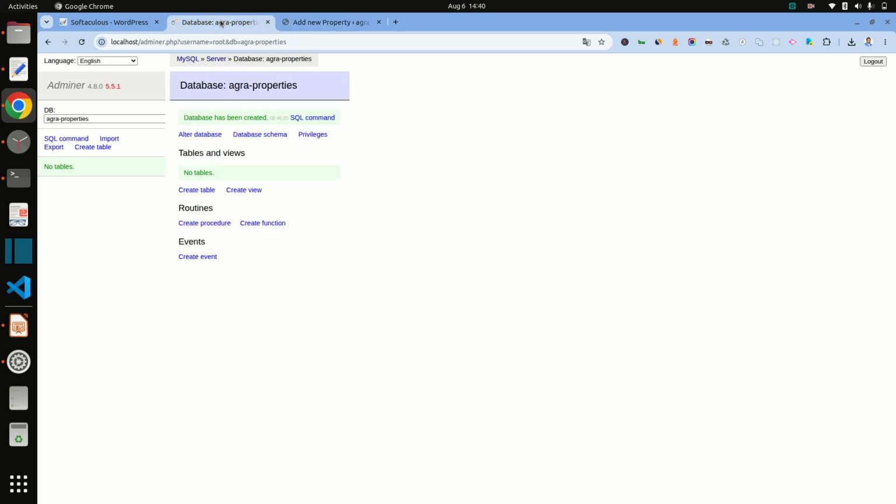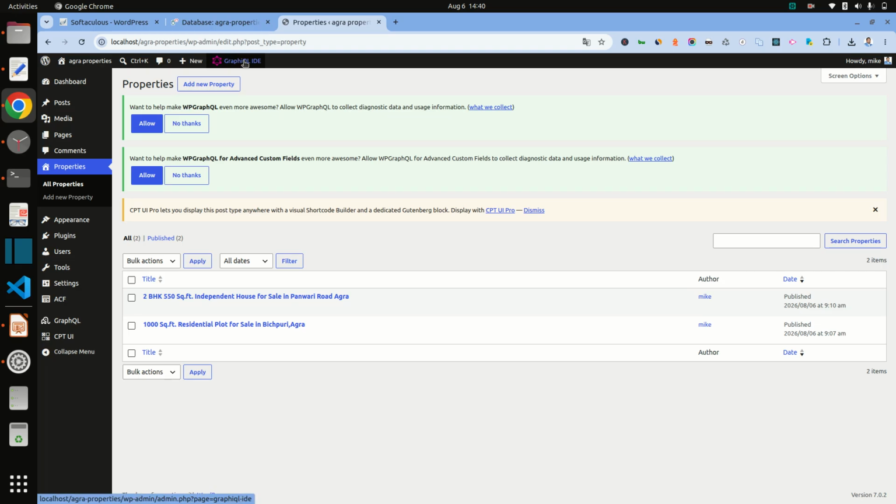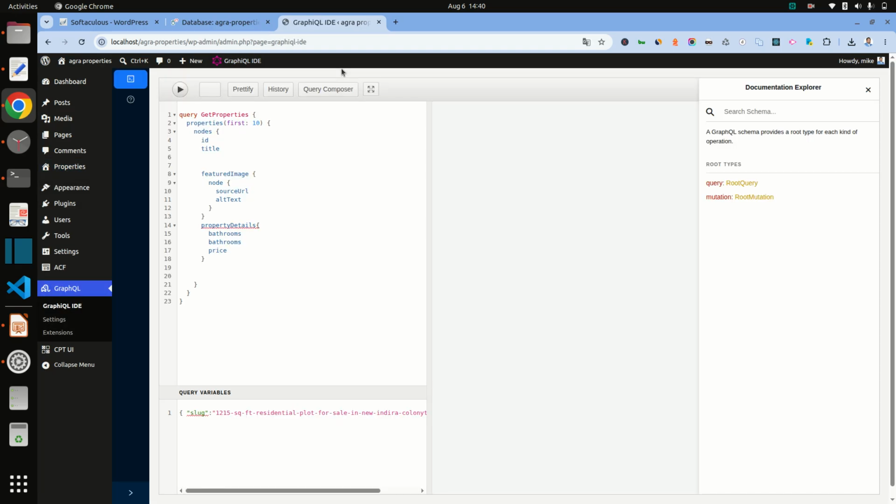So for checking, just go here and click on GraphQL, and I already checked from other domains, so it is coming here. So for that property etc., just click on execute query.